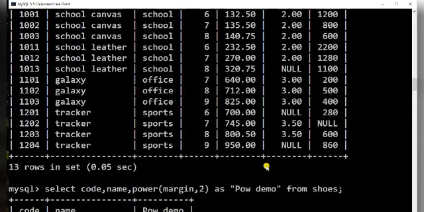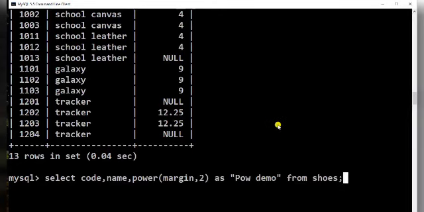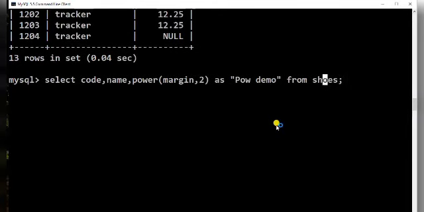Now along with this, I want the cost after rounding off to 0 decimal places. So what I am going to do, margin I am selecting. I am also selecting cost and round cost, comma 0 decimal places, or you can use the second format in which the second parameter is missing.